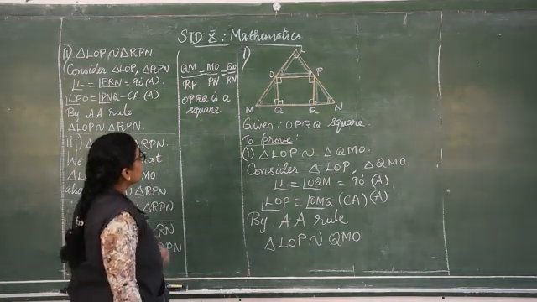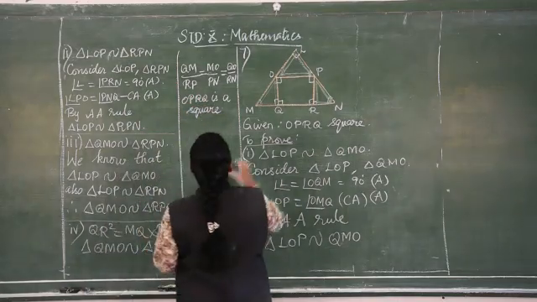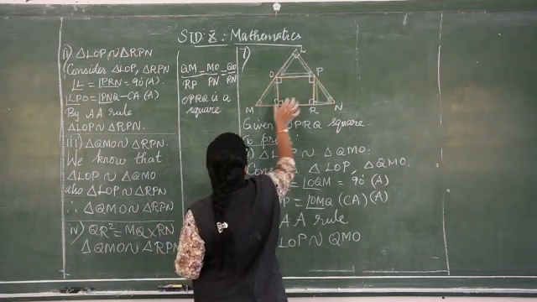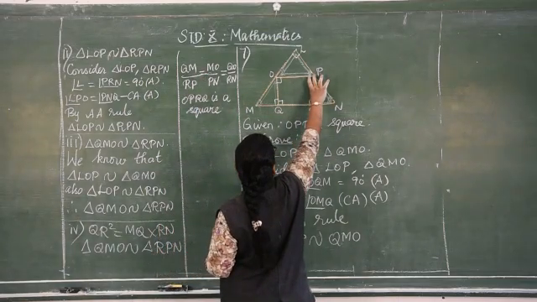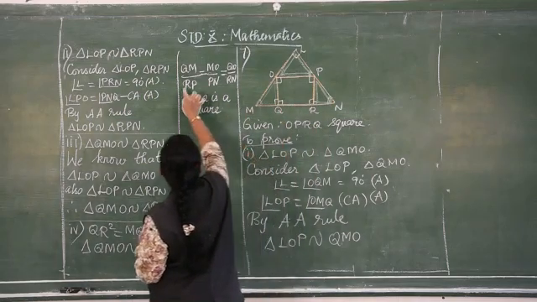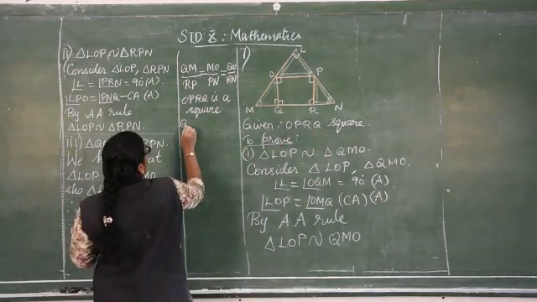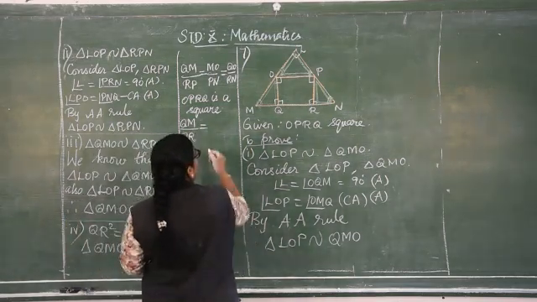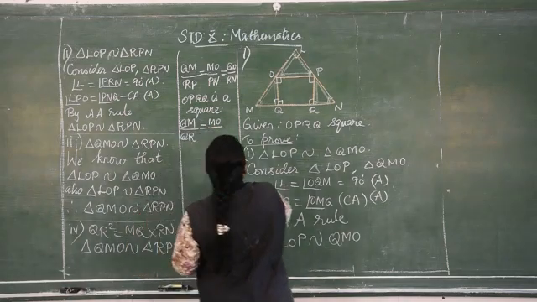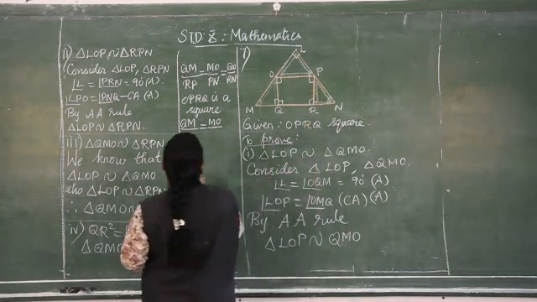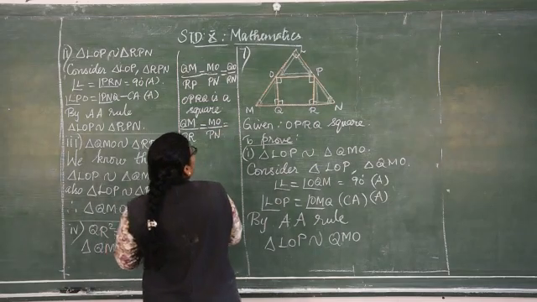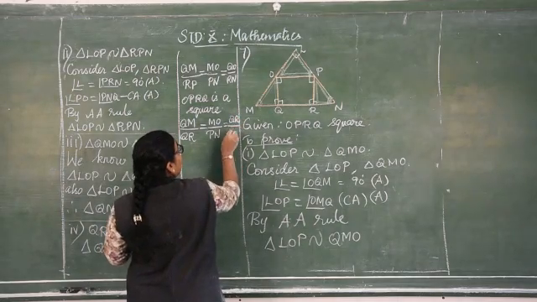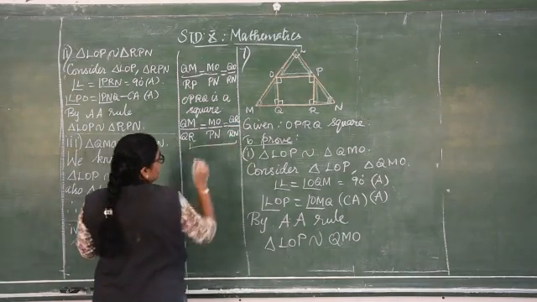Correct? So we can complete, where else we are having, that is MO we can't change, that is QM we can't change. RP can be changed as QR. This RP can be changed as QR. QM by QR is equal to MO, we can't change. MO by, we can't change. Where is PN? PN also we can't change. And QO can be written as QR by RN.